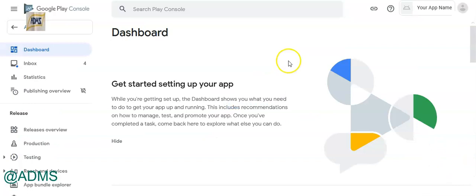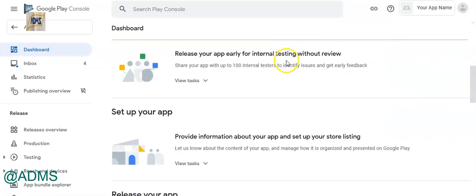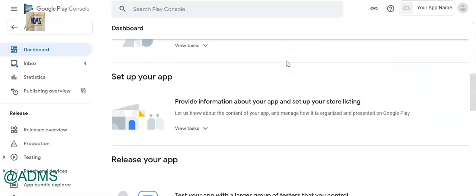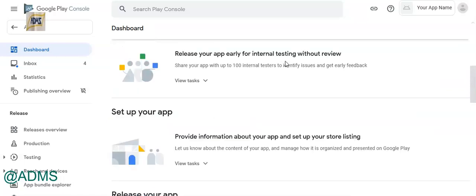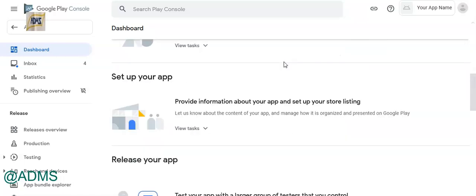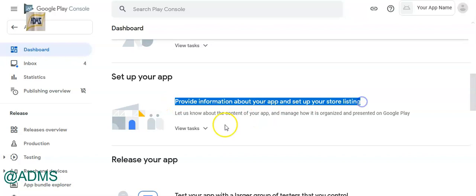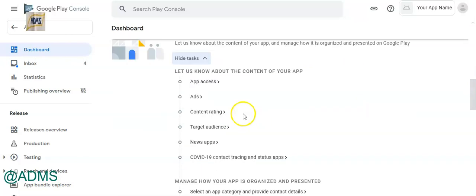So this is the dashboard section of your app, and if you scroll below, you will see there are various things. If you scroll below, just come to this section, set up your app. It says provide information about your app and set up your store listing. So just click here, view tasks, and these are the things we need to do. So click app access,